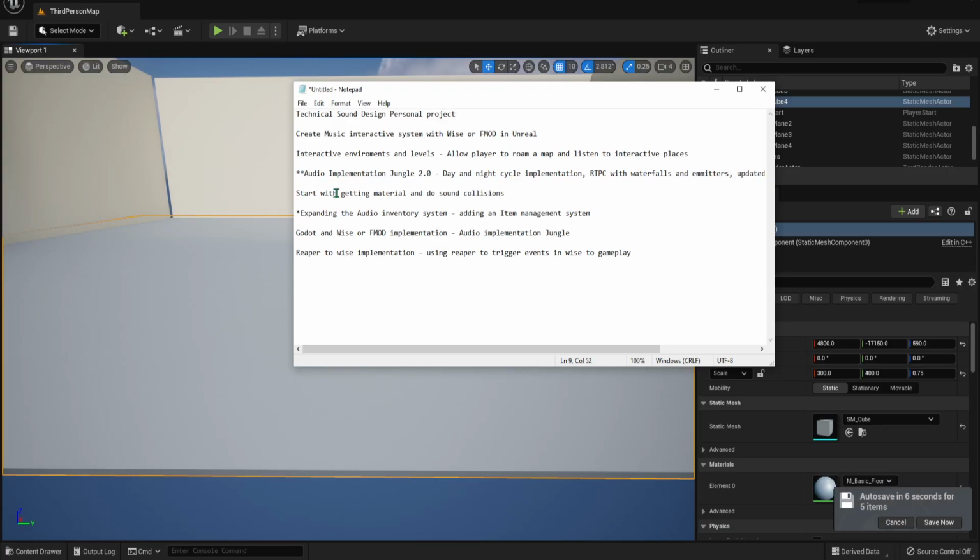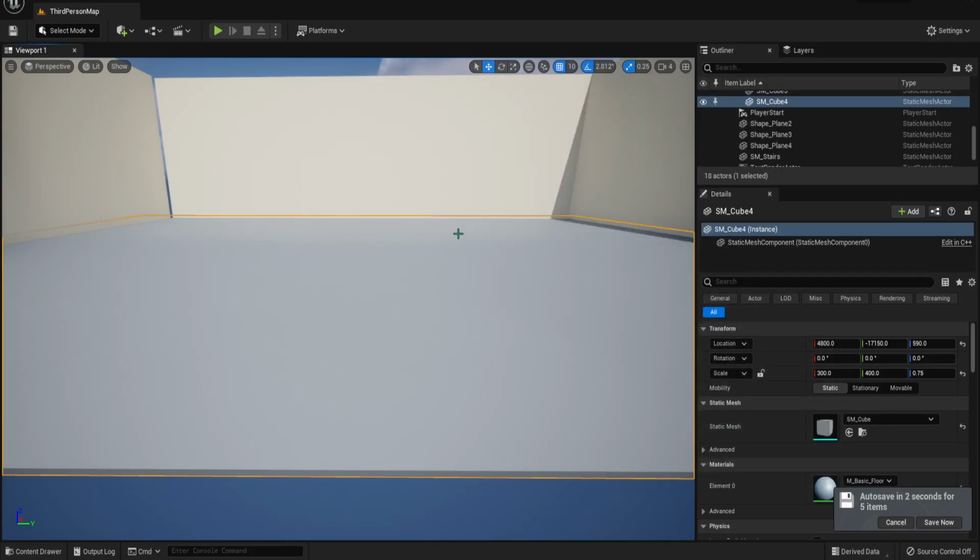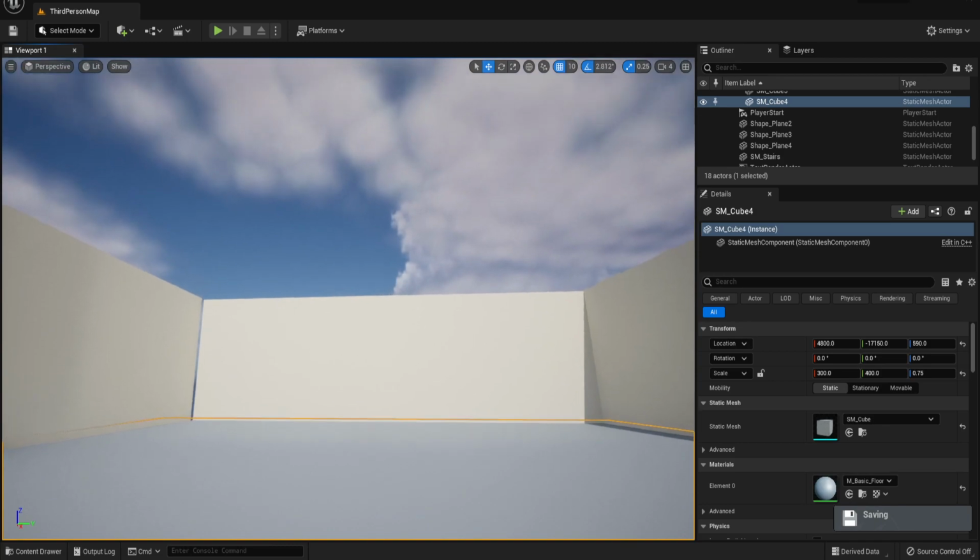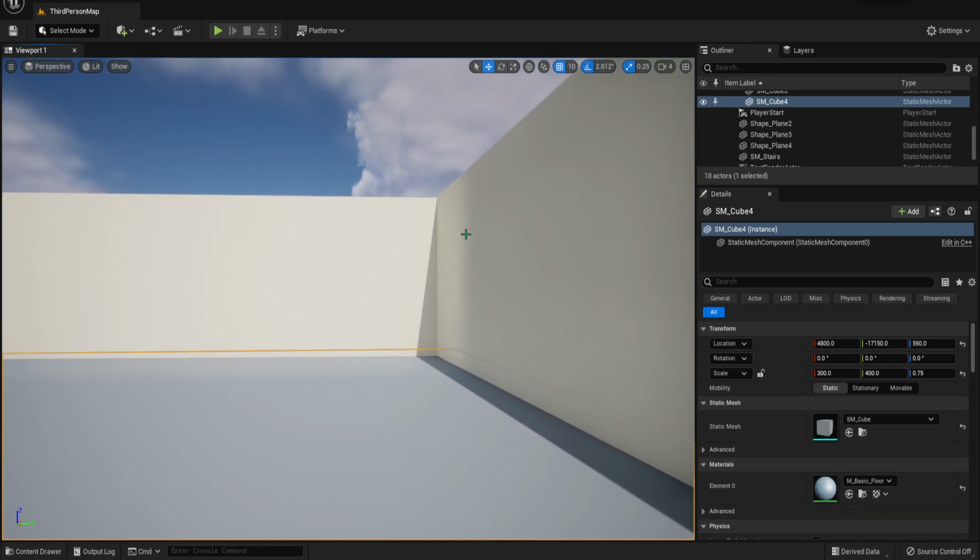Collisions, sound nice. This is going to be a slow build thing. I really shouldn't rush to make it look pretty, because the audio implementation jungle I did the first time was not pretty and was not meant to be pretty. It's just meant to create something cool and interactive that we can showcase our wonderful technical chops. It also gives me another opportunity to share my process and everything I did with my implementation.